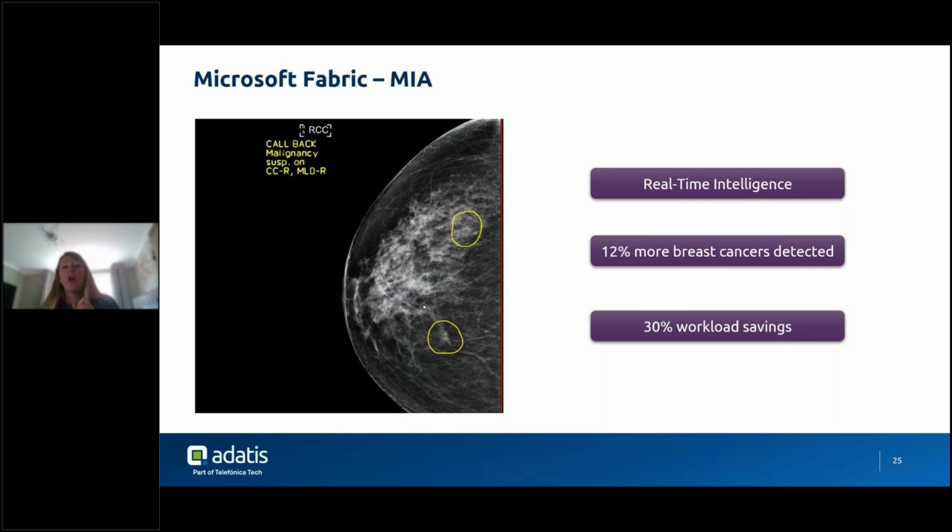So the current process is that one doctor will have a look at the scan and look for any anomalies, and then a second doctor will do the same, and then they come together and both report their findings. If they agree somebody needs to be called back, they call back, and obviously if they don't, they don't. So obviously the human eye can only detect so much, so they've built this extra program called Mia